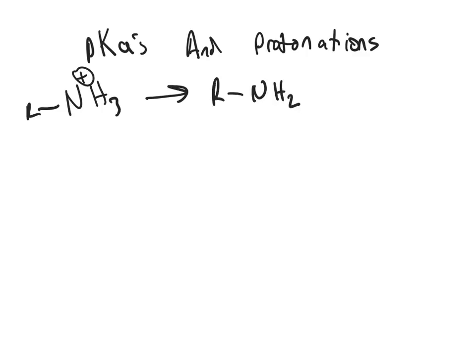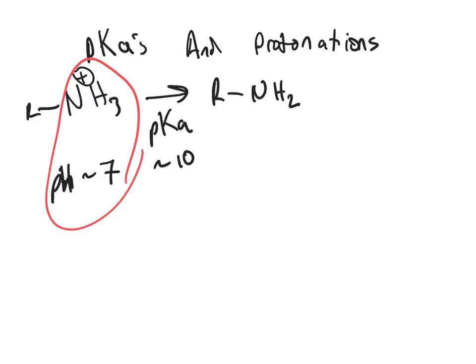And this has a pKa of around 10. So what that means is that when your pH is below 10, so say you're at pH of 7, you're going to be in this